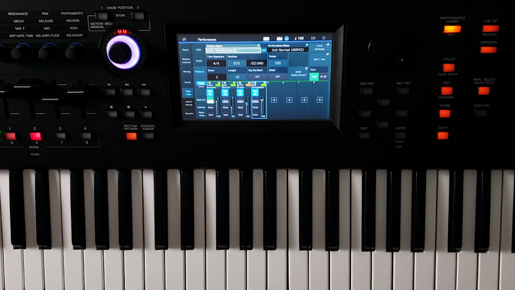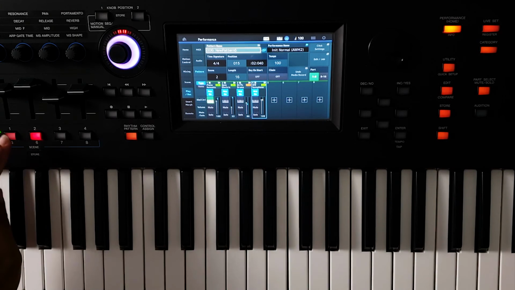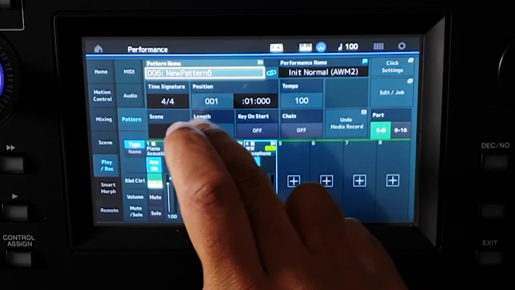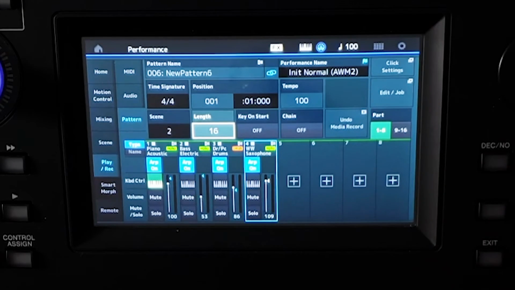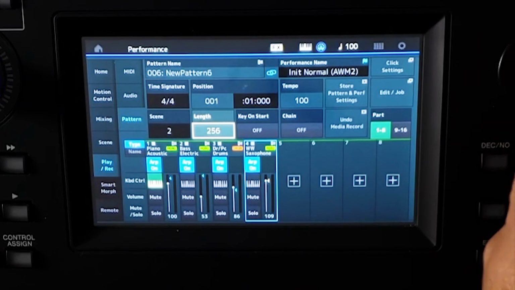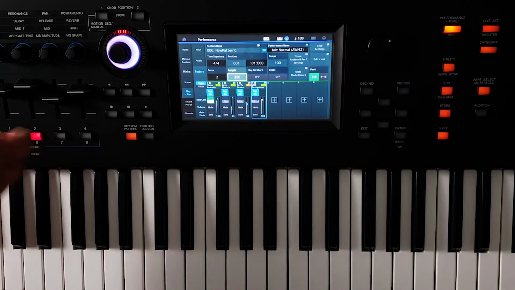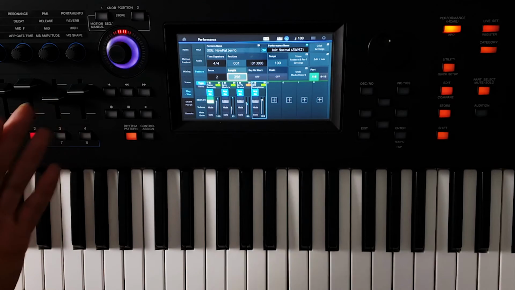Anyway, you get the idea. So it's very, very fast. You get ideas down really, really quickly. And I like the fact that you can put them in these little scenes. And yes, you could do a 16 bar loop, but you can go all the way to a 256 measure loop if you want to. So anyway, that's a basic overview of how the sequencer works in the